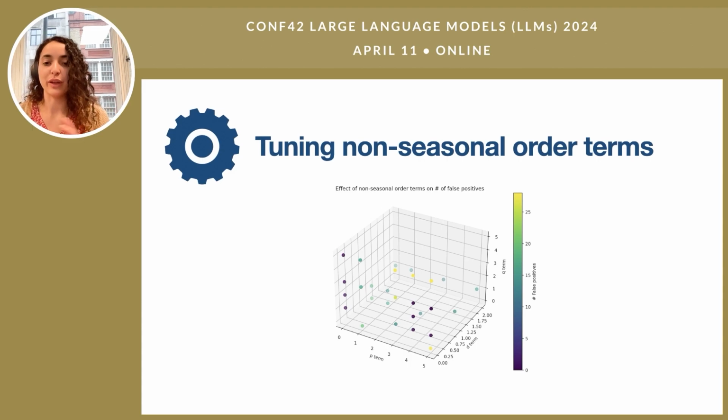So you see that you either move more towards an autoregressive model or more towards a moving average. With this diagram, the color coding is going to show you the number of false positives. You see that the more you move towards the left at the moment, the fewer false positives you have. It's really that P term dropping down, that D term dropping down, and you end up with more of a moving average model. So this is where you've realized that energy generation in this particular case is more of a moving average.